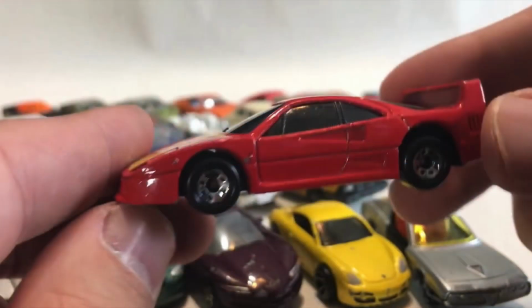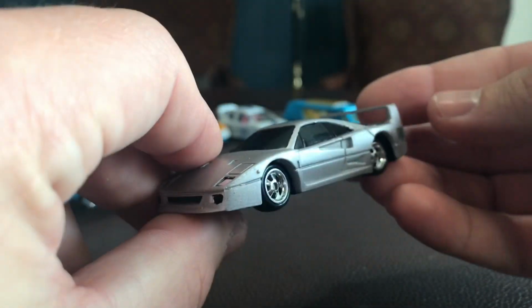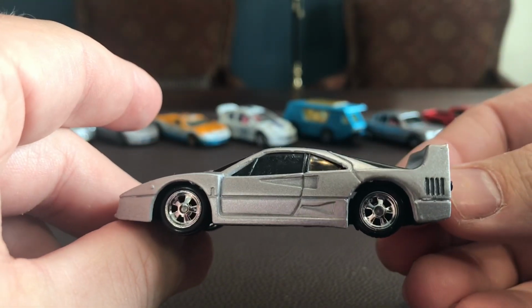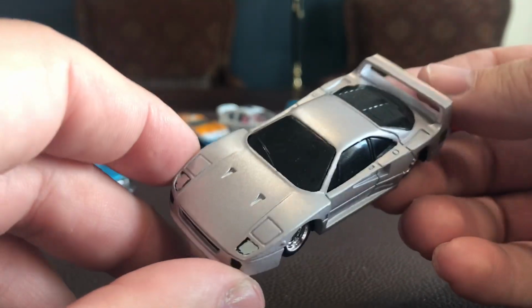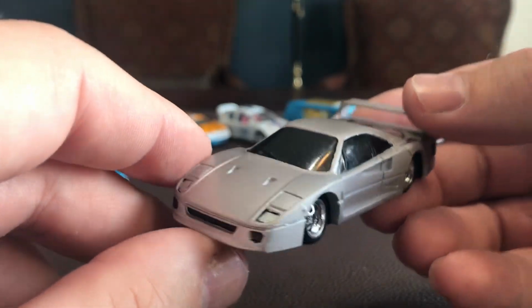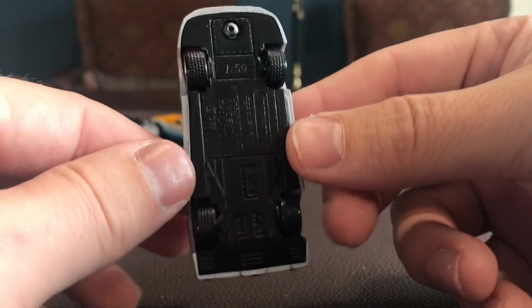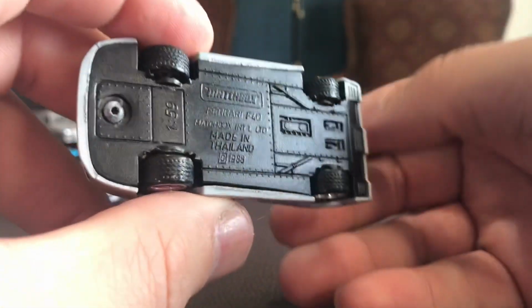Ford F40 is up next from Matchbox. This one didn't need a whole lot of work on the body. Outstanding casting. I had the silver paint out, so I said why not. Had these wheels from a Hot Wheels Premium. I think it was actually a Lotus Esprit, the James Bond one, but they seem to be pretty close to the Ferrari 5-spokes. This one got a couple screws in the base, Matchbox, or maybe just one screw. I think the back